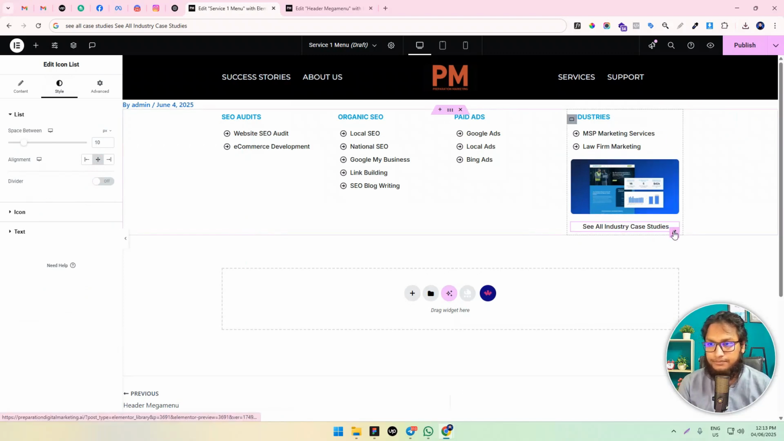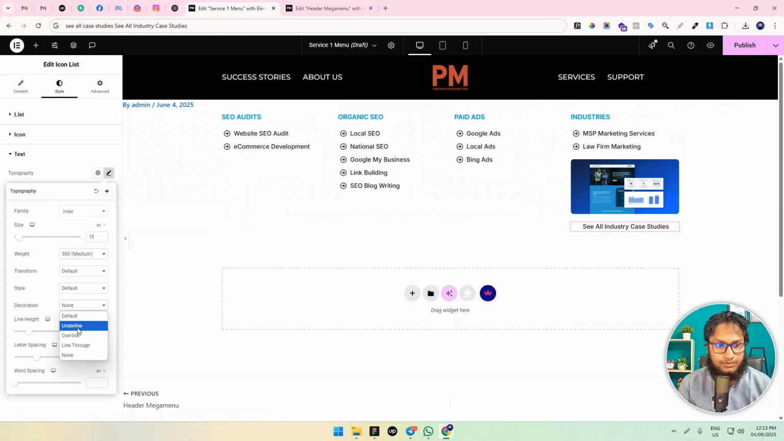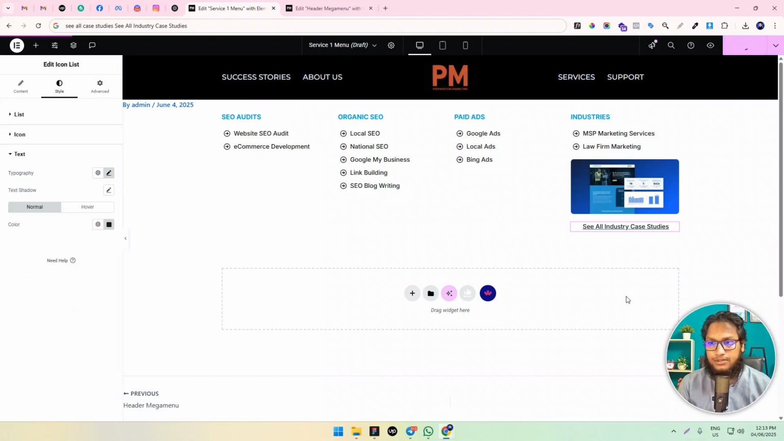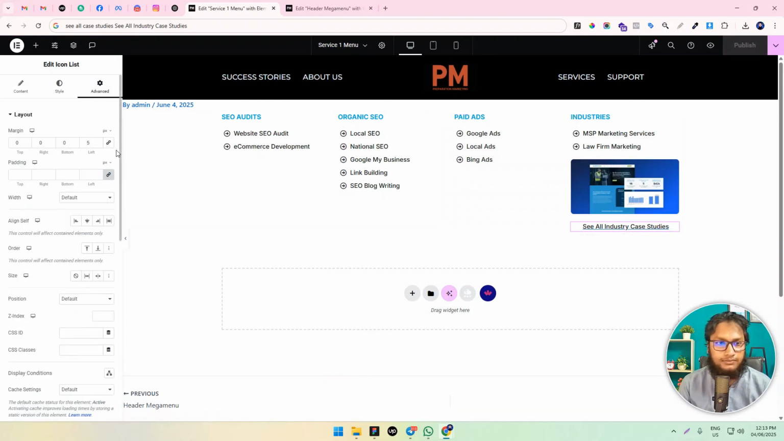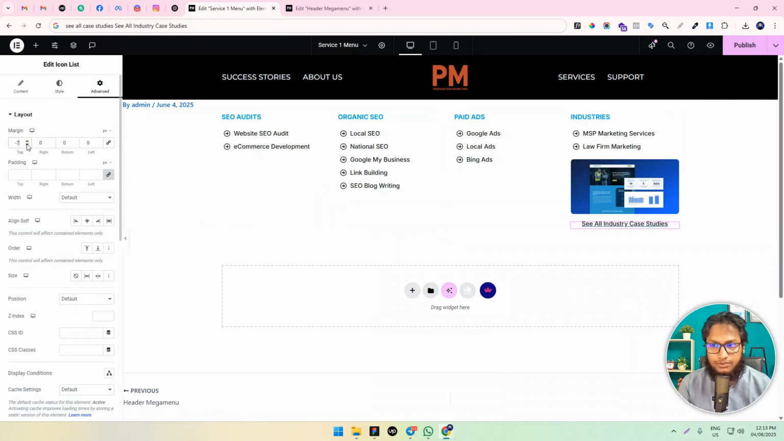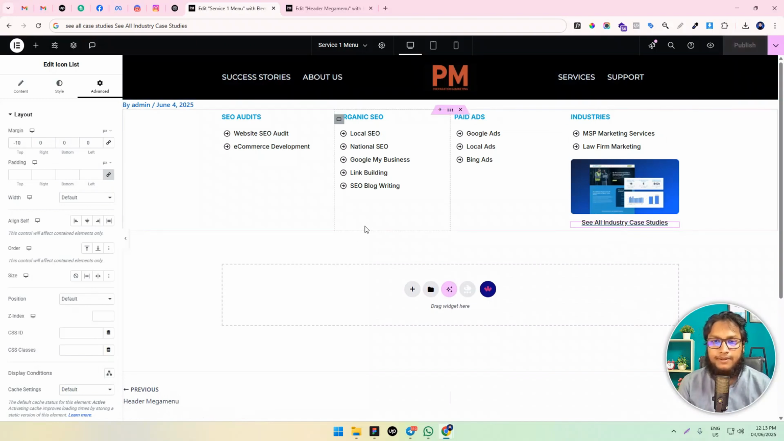Okay, for this we can use text decoration, underline, like this. Make it 0, top should be -10, publish. Okay, and